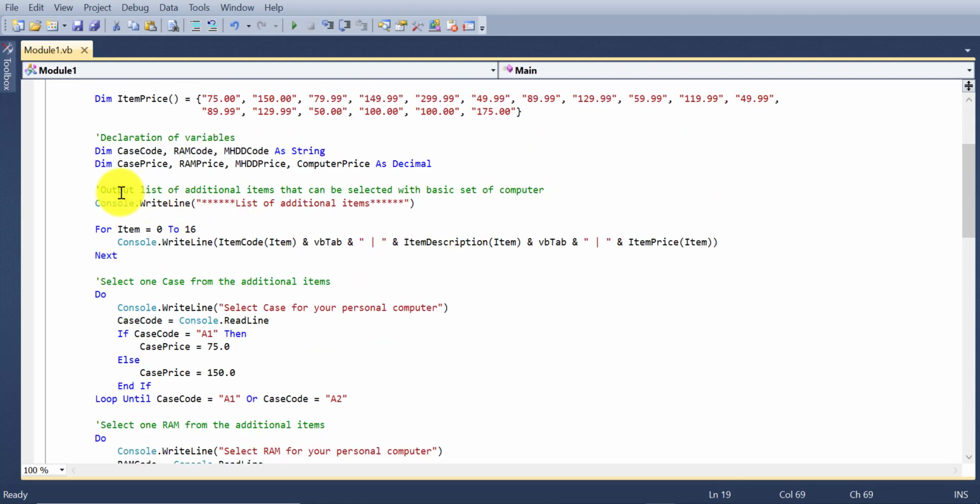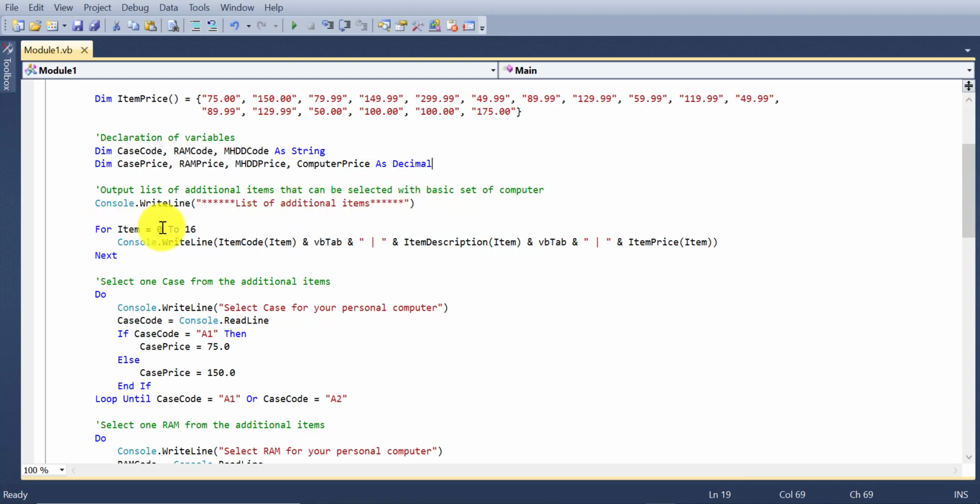Firstly, I will display the list of items that can be selected as additional items by the user. And for this, I have shown here the console.write statement to output list of additional items message.